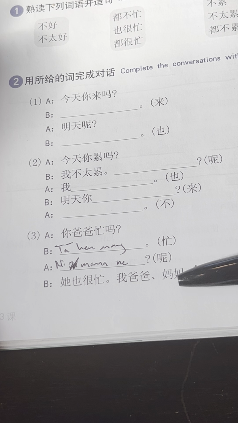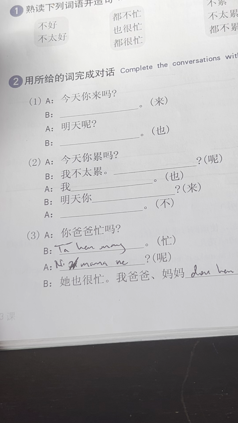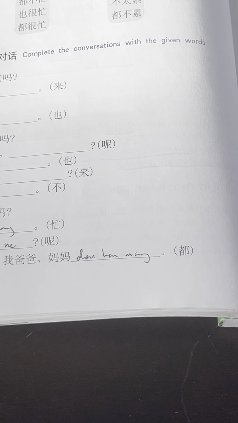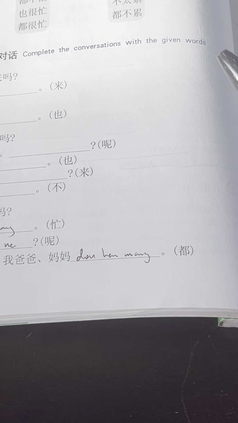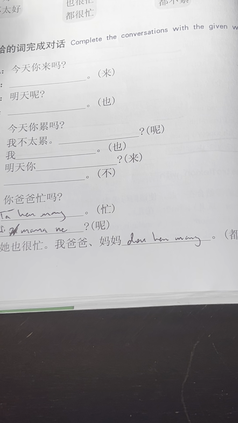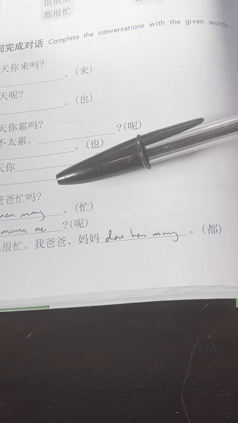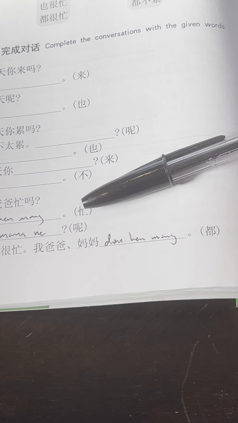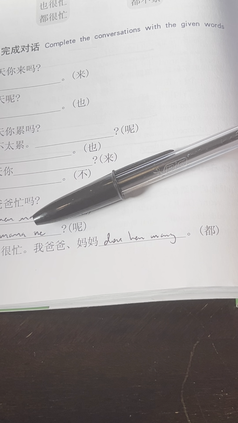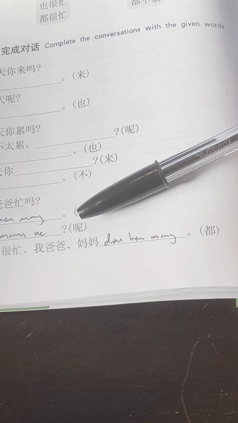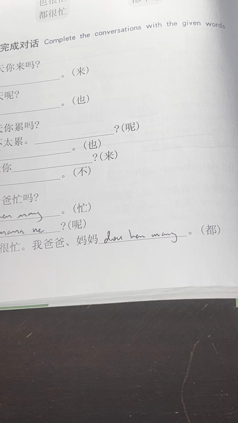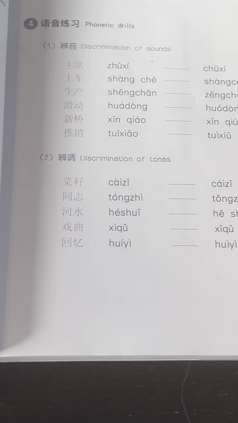She is also very busy. 我爸爸妈妈都很忙. Good. Let's read this one again. 你妈妈忙吗？她很忙。你妈妈呢？她也很忙。我爸爸妈妈都很忙。